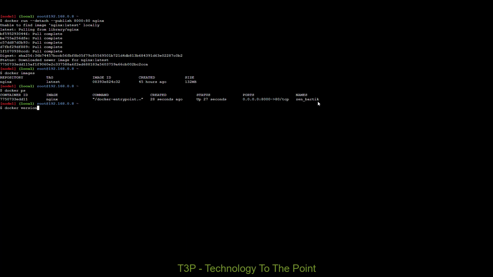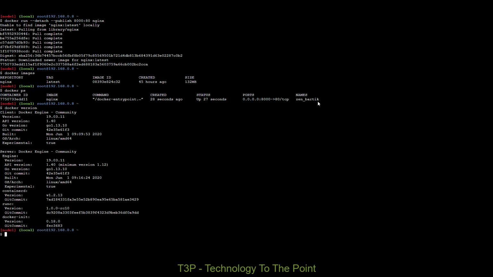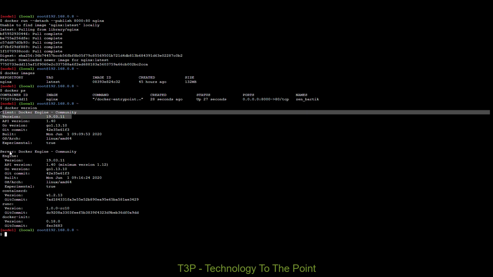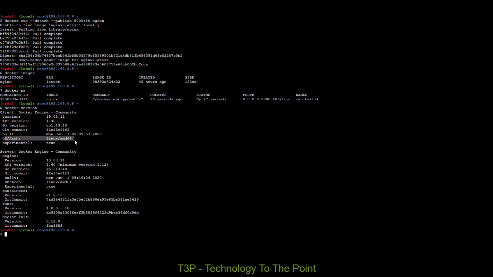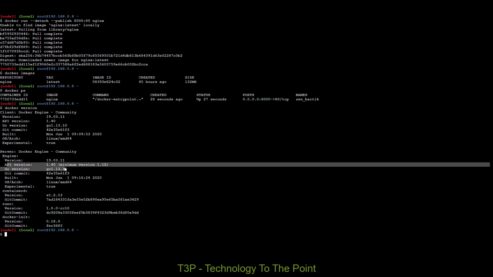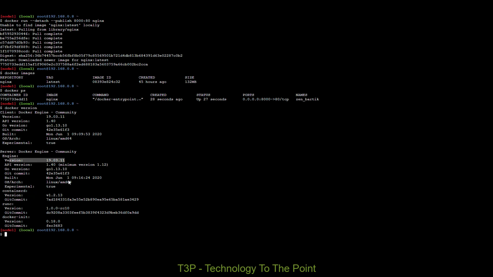So there is one command which I forgot to show you, that was the first command we checked. Once we get such kind of output, here you can see it is showing the Docker client and Docker server. The architecture is based on a Linux box, and the server is also the same. It is written in the Go language, and this is the version of that language. Here it is showing the API version, REST API version, and here we have the version of Docker. It is built on this particular